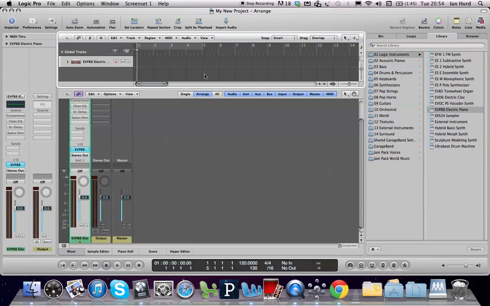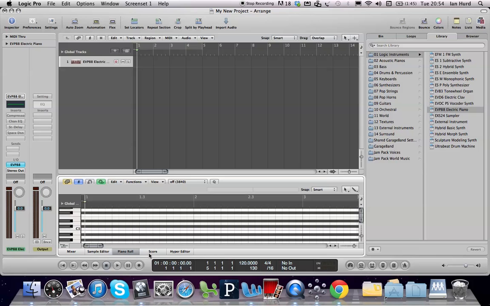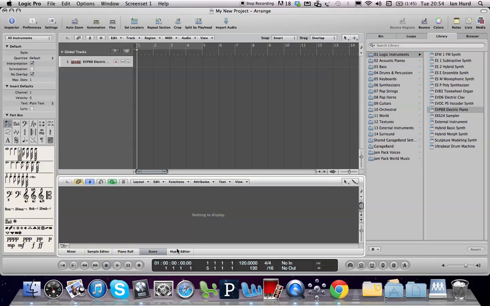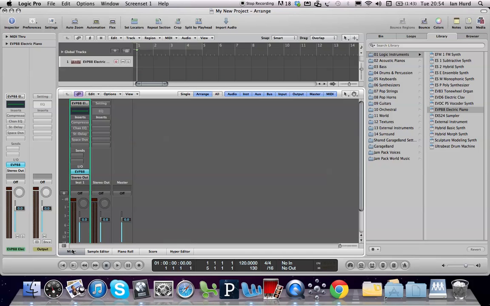Okay, so the arrange area, which is this area here, is where you build a song by arranging audio and MIDI regions on the tracks located below the bar ruler. The bar ruler is this area here. The editing area includes the mixer, the sample editor for audio, the piano roll for MIDI, the score for creating scores, and the hyper editor, which is another MIDI editing function. They're all part of the editing area, which displays those areas that let you edit the contents of MIDI or audio and the regions that they're in. The toolbar is this area up the top here,